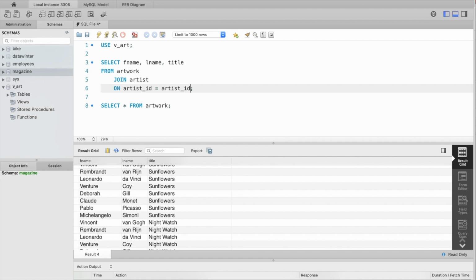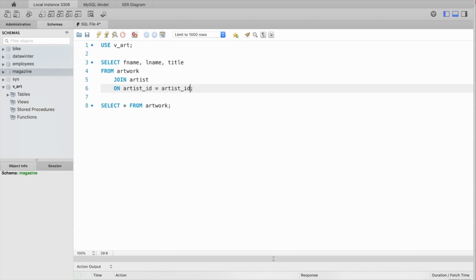other table. But if we try to run this now, it's going to give us an error down here, and it says artist ID in the on clause is ambiguous. That's because we have the same exact name for our primary and foreign key names. It's their artist ID. It wants to know which artist ID we're talking about. Now note here, if the primary and foreign key names are different, we wouldn't have gotten this error. But because ours are spelled exactly the same way, we have to say which table those columns or keys are